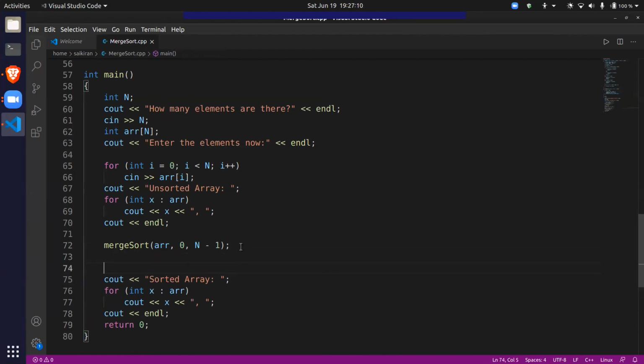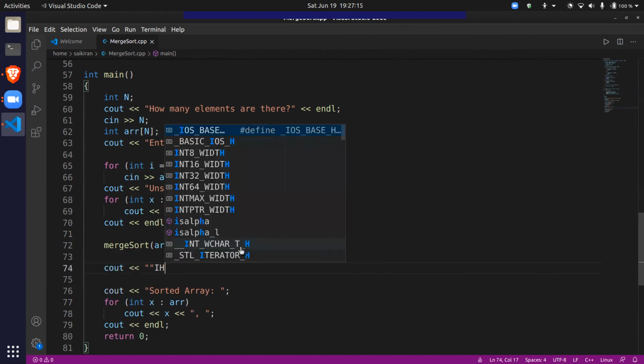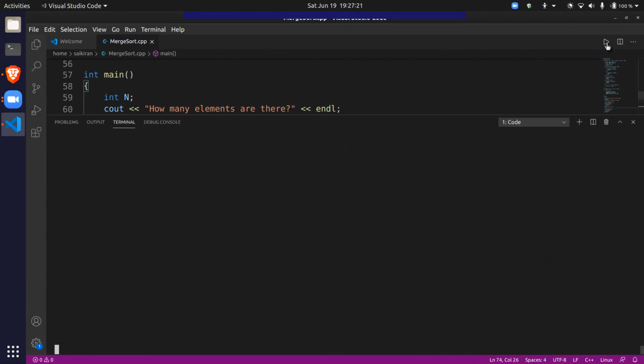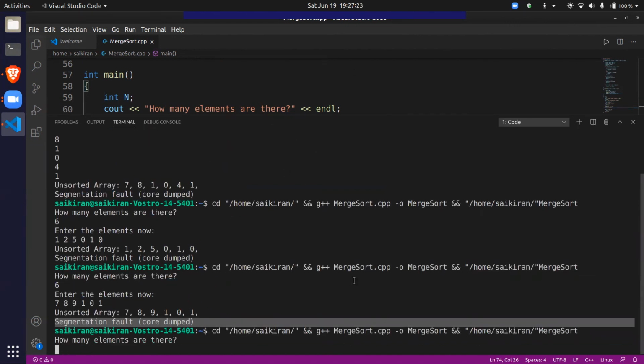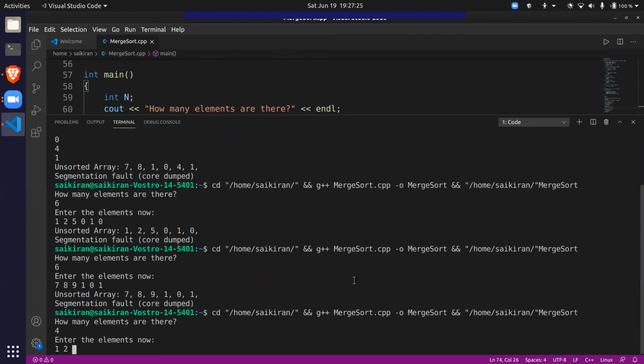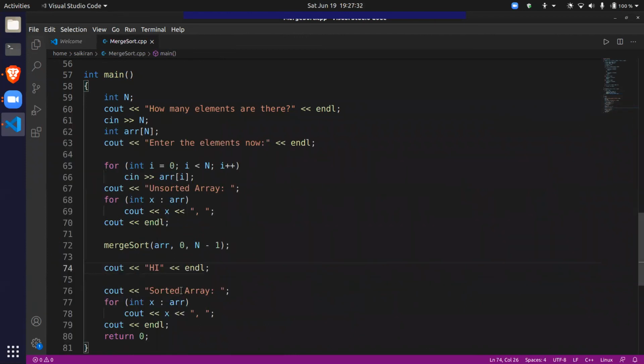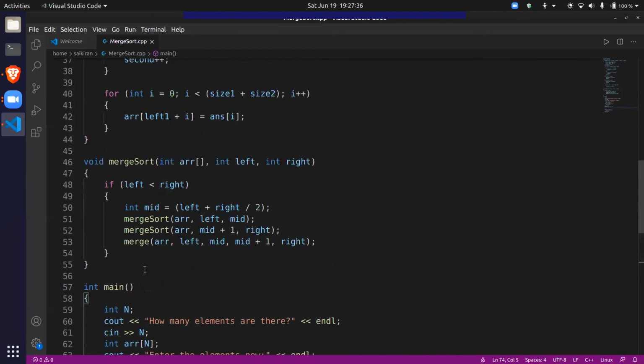Okay, let's see if merge sort is completing. If it completes, I should get a high here. Let's just take 4 elements. Okay, it's not completing. Maybe we are not returning the base case element.